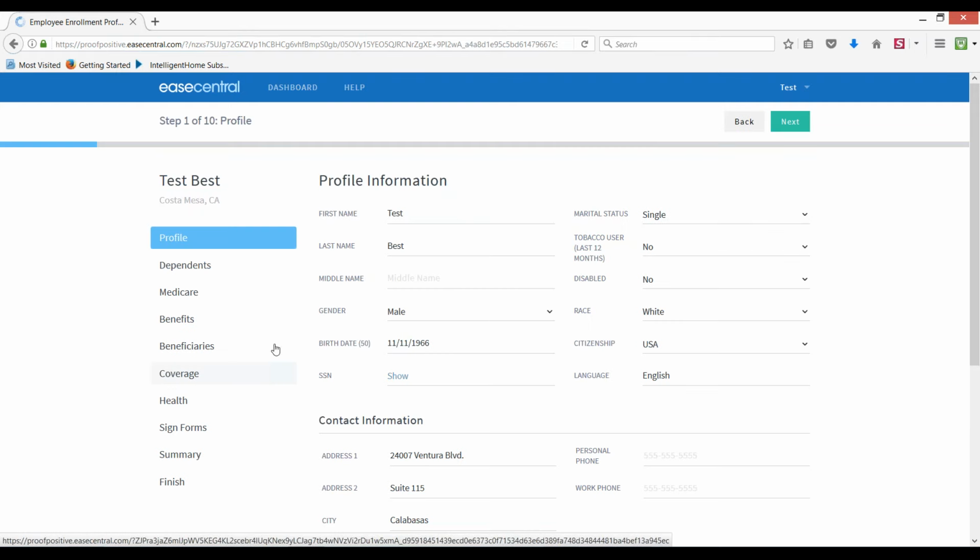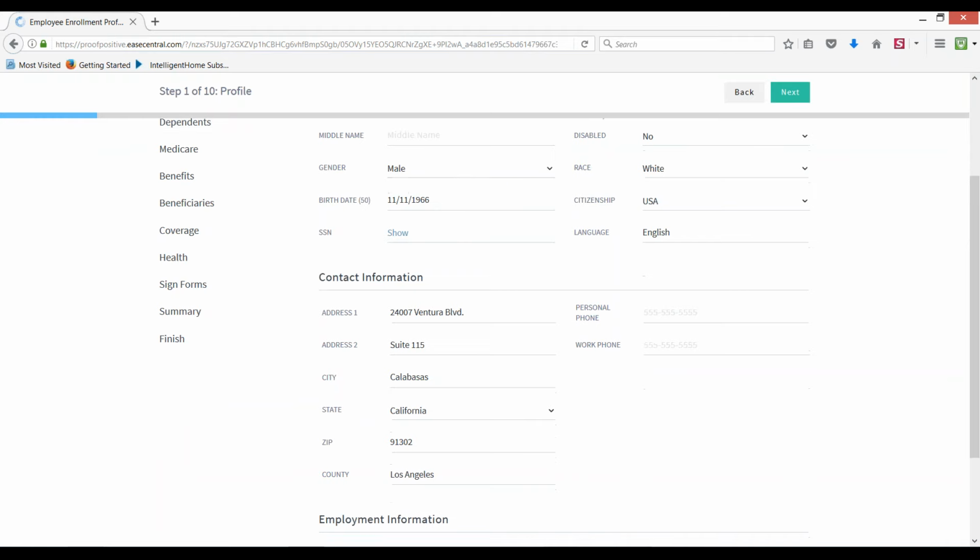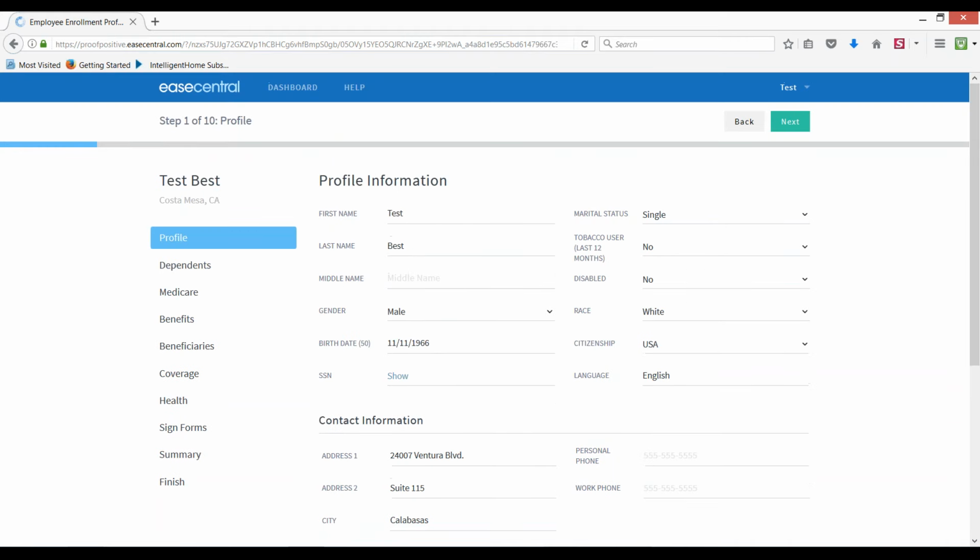So we start open enrollment, and you can see from minute one you get in here, some of your information will be in there, but for the most part, since we only had a limited amount of information when we signed everybody up, it may just be your first and last name. So you have to go through here, and unfortunately, and fortunately for us as the insurance professionals, you do have to fill out pretty much everything in order for it to take you to the next page. So we put in some fake information in here, social, all of that should be there. If not, here's what's going to happen.